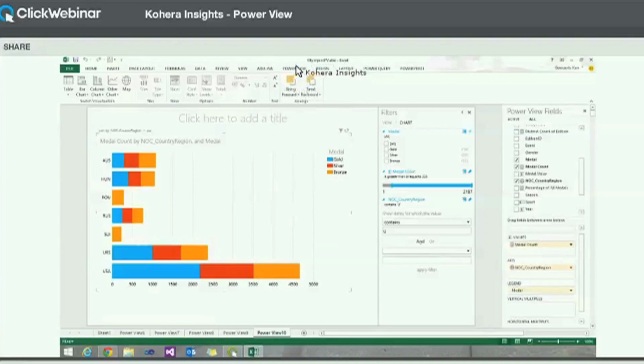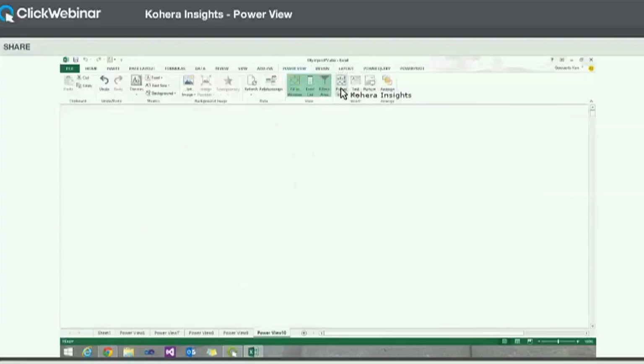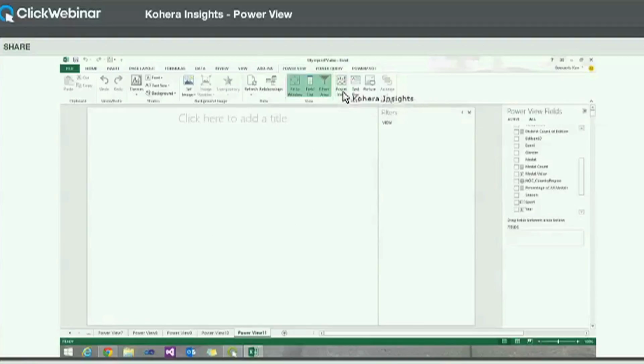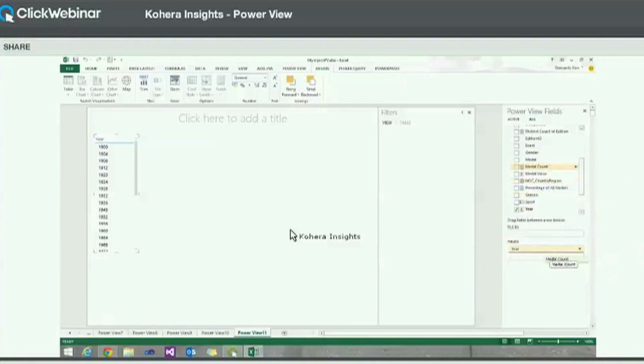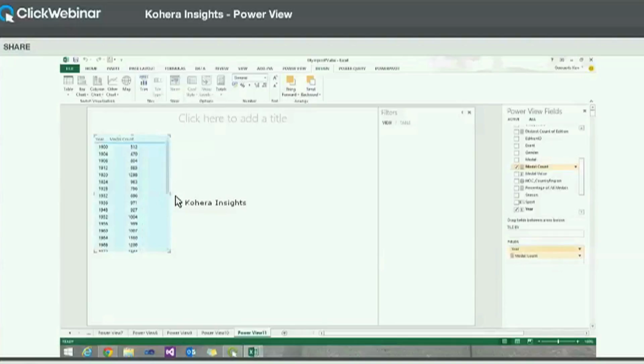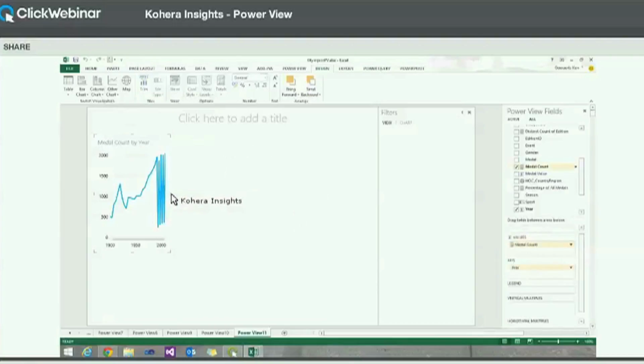Okay, now the most used visualization in my experience is a line chart. So it's impossible to give a demo about Power View without line charts. I'm gonna do a small one here, again with year, but we want to have actual years, and the medal count. Most easy one to work with. Transform it to a line chart